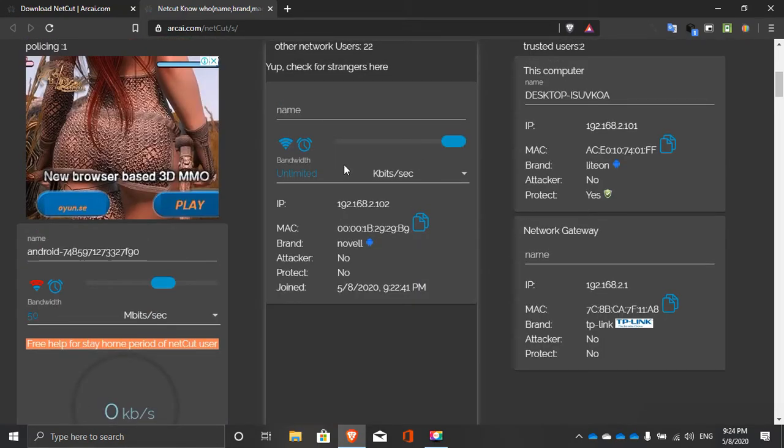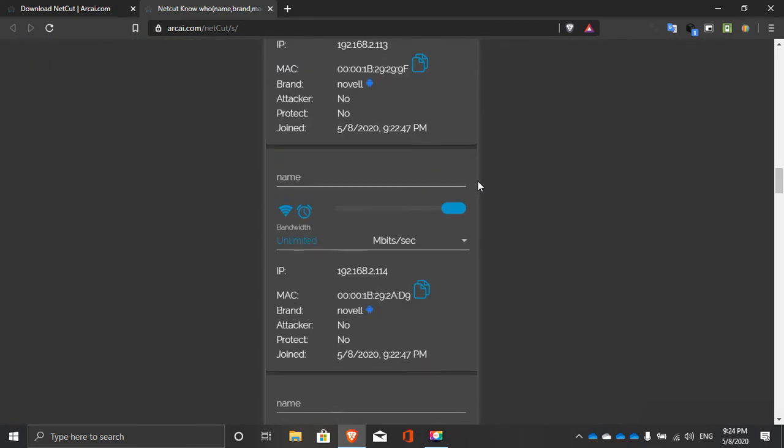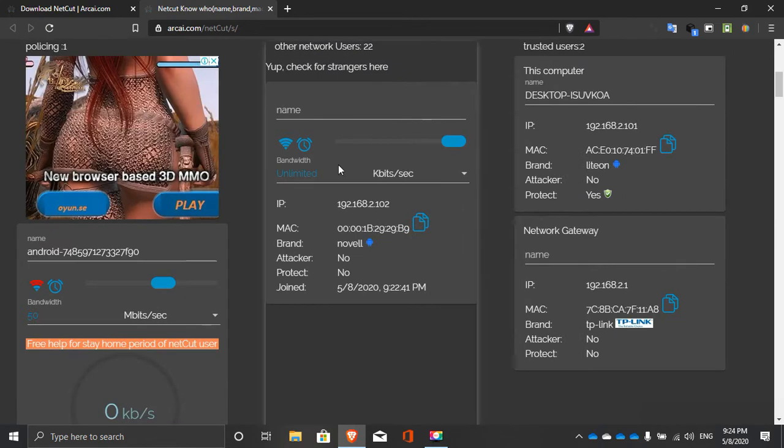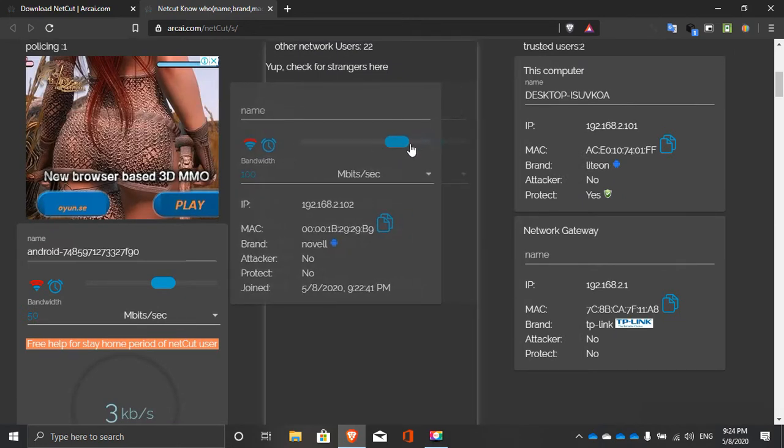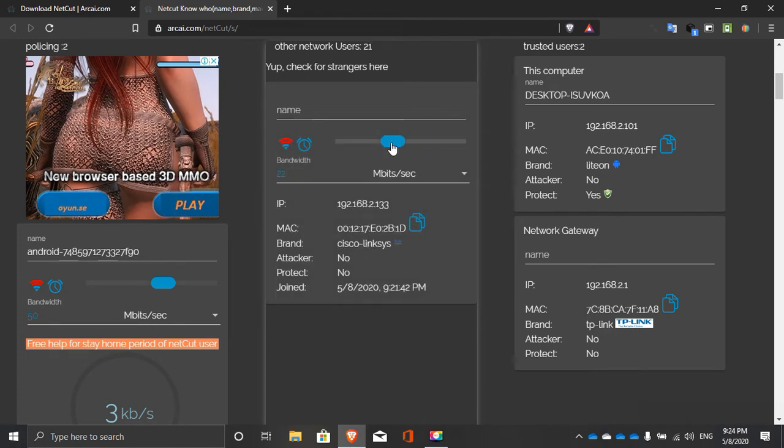And you can see that many devices are connected here now, and we can edit for them too. I'm going to use this slider for control, and I'm giving it only 100 kbps. 100 kbps for